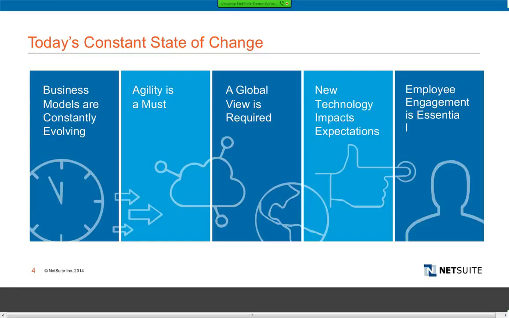In this landscape, agility is a must. If you don't have the ability to adapt, it can mean the difference between competitive differentiation, quality service, timely product offering, or nimble decision making. One of the biggest things is if you're not able to change as the marketplace requires it, you're going to be left behind. The third is that a global view is required.